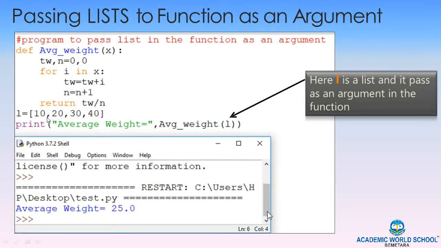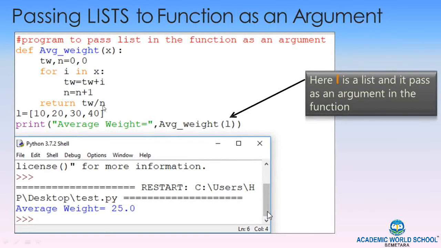The average weight is calculated. Simply you have to declare one list. In the example, the program execution starts from here. L is a list which holds four values: 10, 20, 30 and 40. Then in the next statement the average weight function is called and the argument is passed as a list.